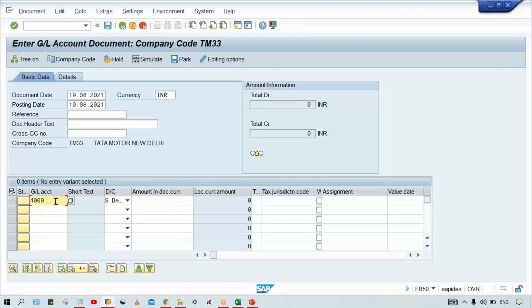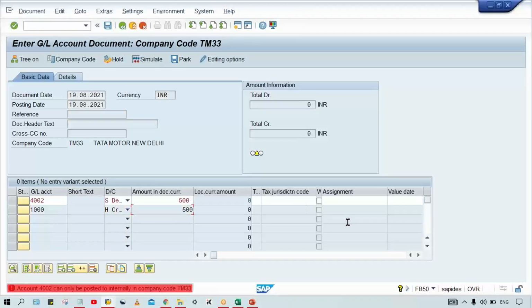Okay, now let's suppose I'm going to give 4,000 cash to purchase. Credit 500. If you press enter, then look at here, the system is saying